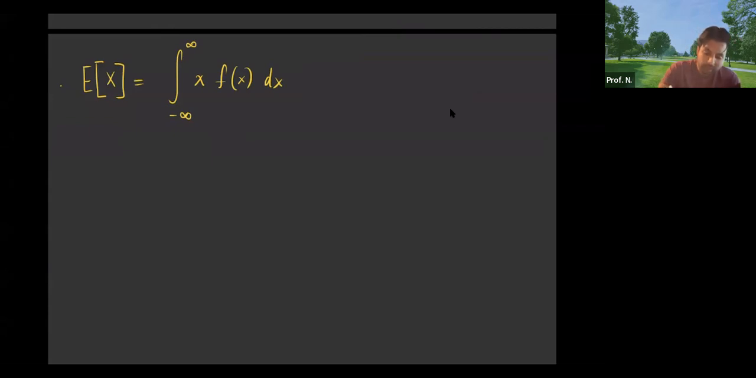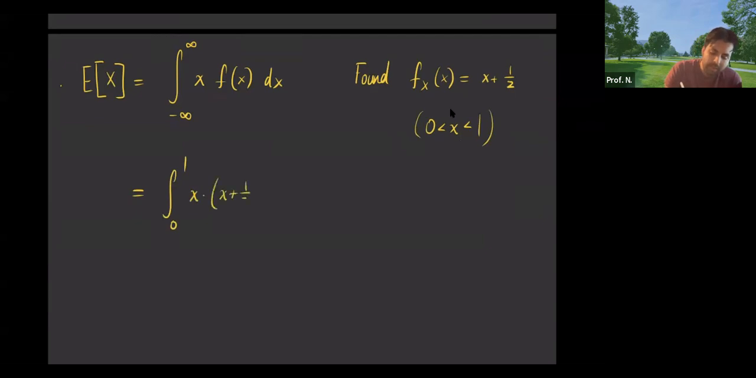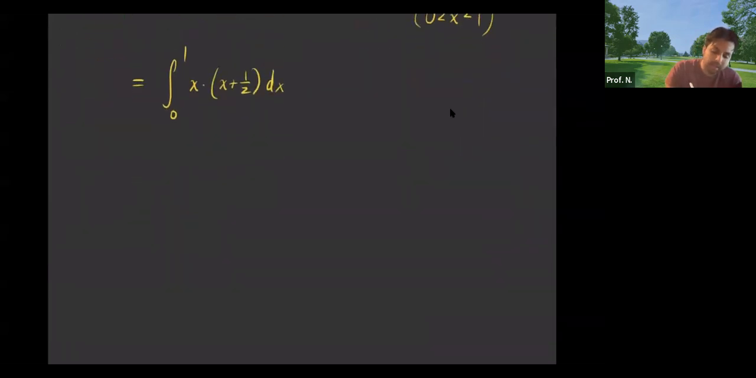The thing is, we found x. Didn't we find it? We found f of x, which is what? x plus a half. And this is when x is between 0 and 1. Right? So this is going to be defined as the integral from 0 to 1 of x times x plus a half dx,